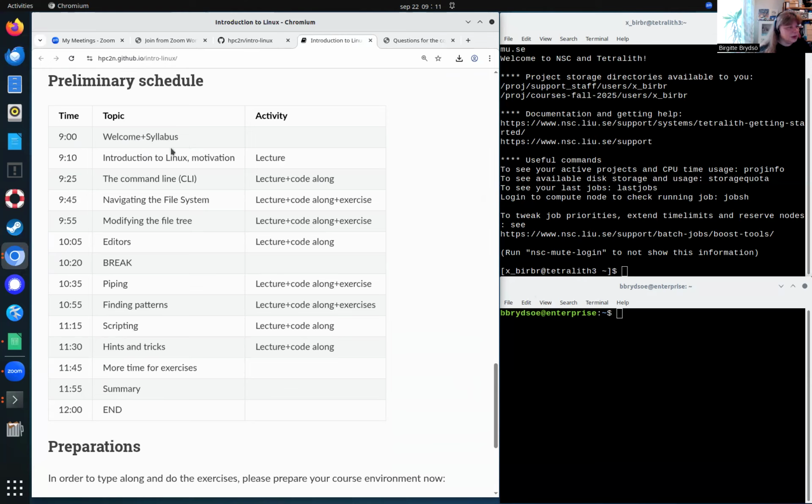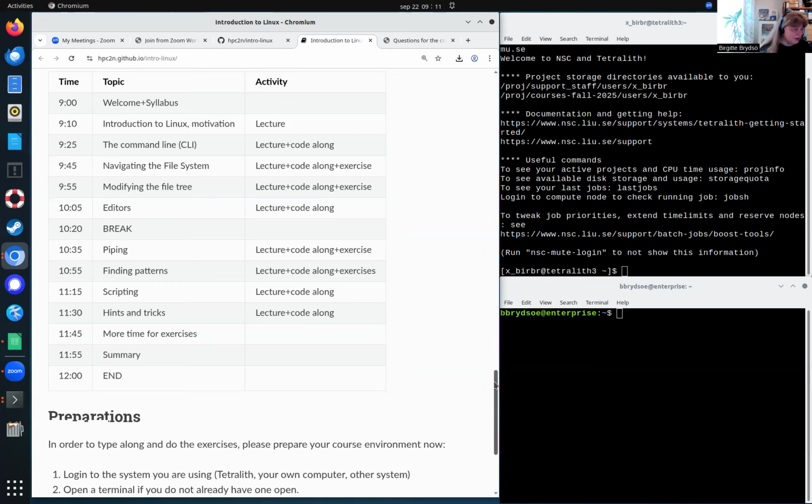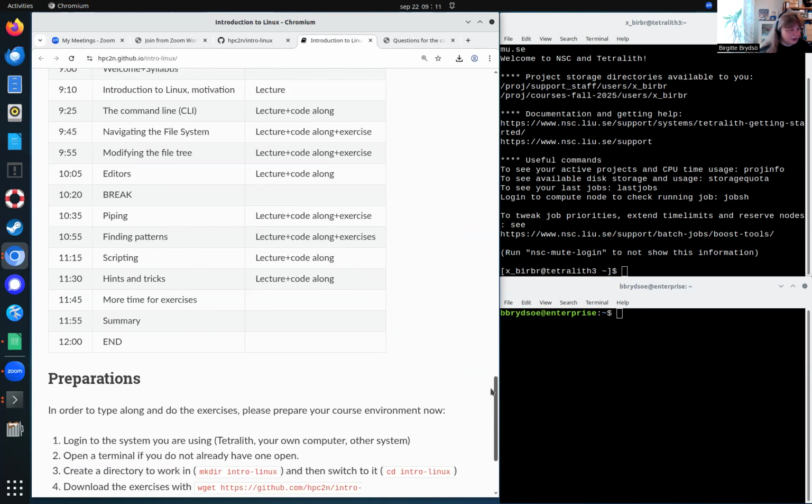Welcome and syllabus. And then in a very short moment, we'll move on to Intro to Linux and the motivation. Then the command line, navigating the file system, modifying the file tree, editors, a short break, something about piping, finding patterns and wildcards, scripting, hints and tricks, and then there'll be a bit more time for exercises, short summary, and then the end at 12 o'clock. I'll try my best to keep the time.